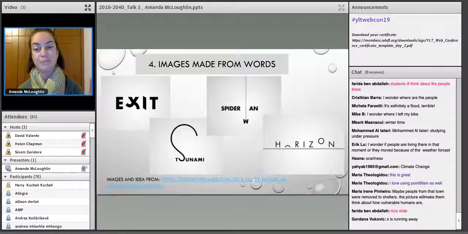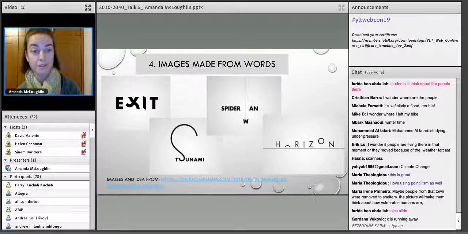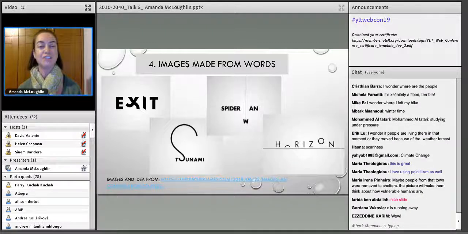And it's a very simple, yes, the X is running away. And if you look at the eye, it looks like a door. So it's going out through the exit, right? I really like them. They're very simple, but very effective, I think. Very